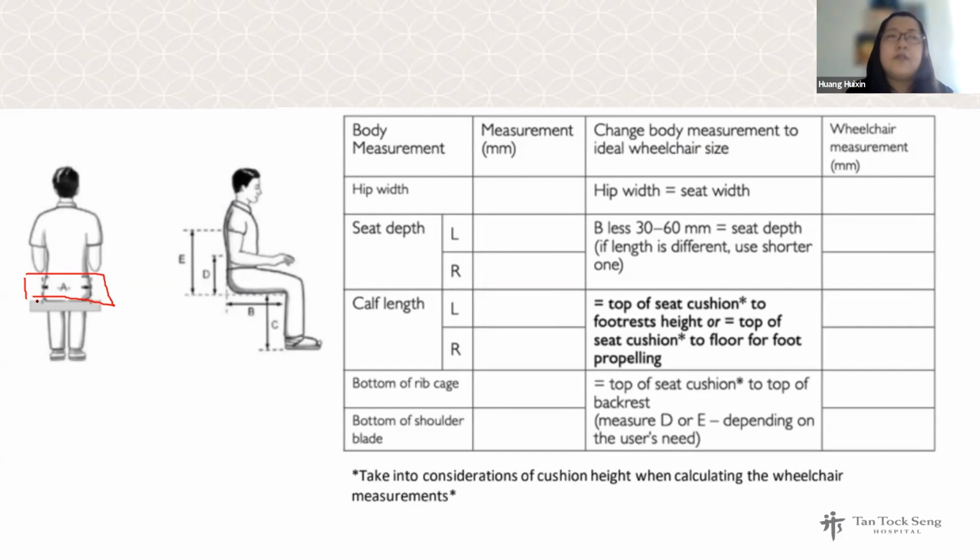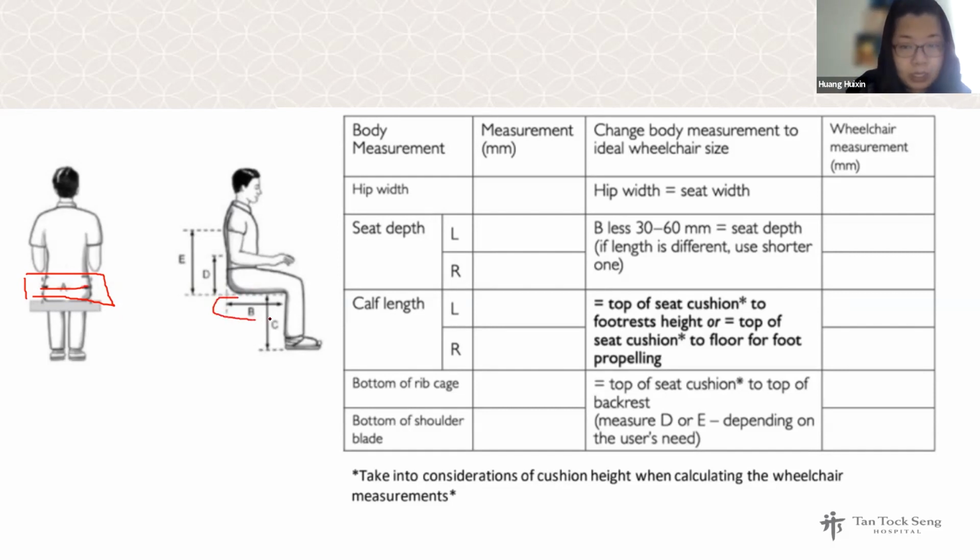We try not to give very small patients a very big wheelchair, because a wrong fit of the seat width actually causes more body aching because they are not sitting properly. So we need to look at the seat width by looking at the hip width of the person. The next important thing that we need to see for MND patients is the seat depth,